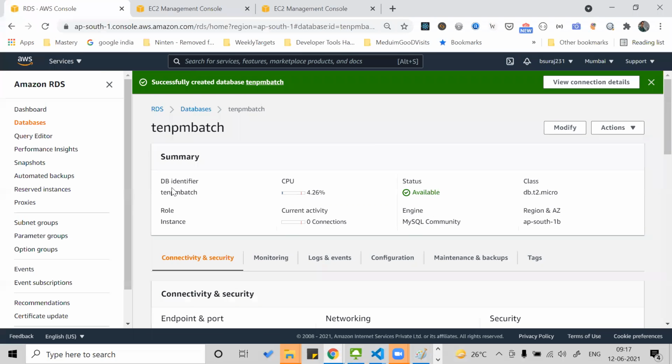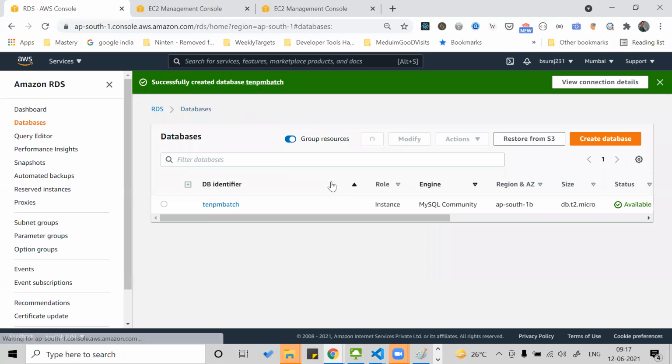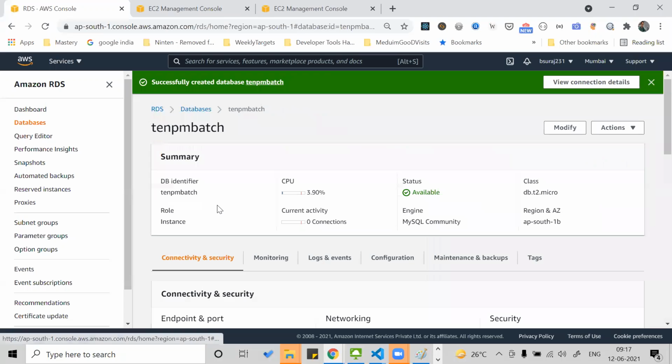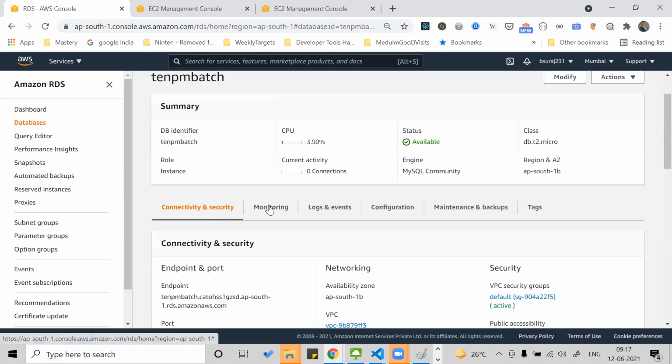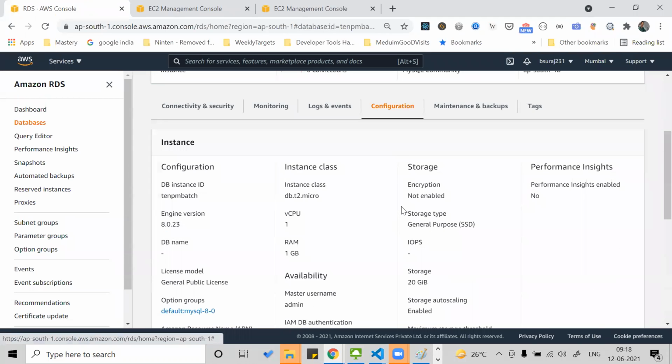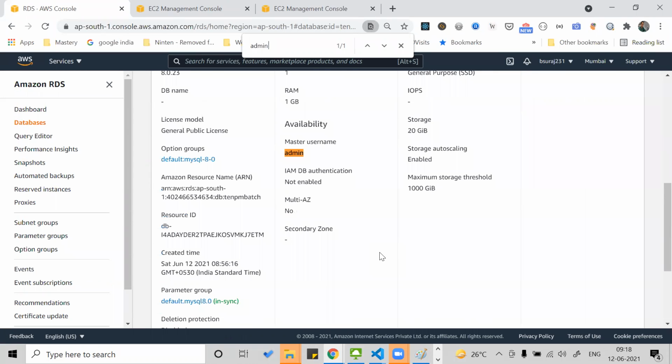Once go for configuration. Let's take any action. What action? Delete or any other thing? Let's modify. Configurations. Yeah, we can find admin here. Once go for the configuration tab, sir. Is there any admin name of the database, sir? Yeah. Master username admin. You have to use admin. I don't think you need a password, sir.